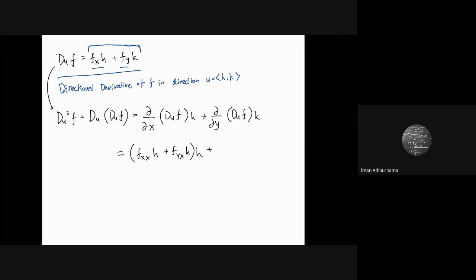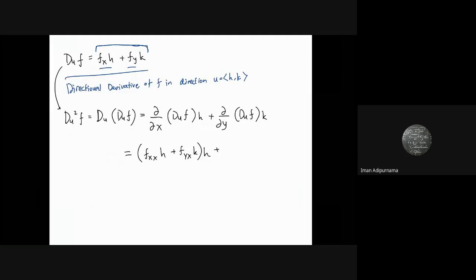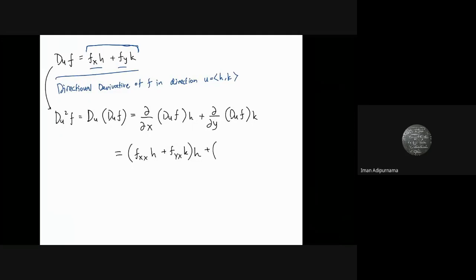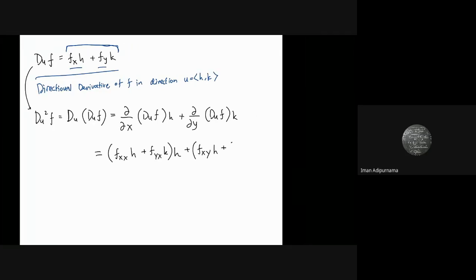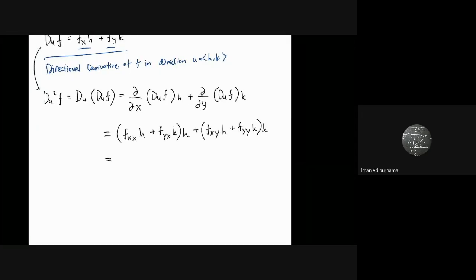And then plus, we take partial y with, so partial x y, h, plus partial y y, k, and it's k. And we have now partial x x, h squared, partial y x, k h, or hk is the same,